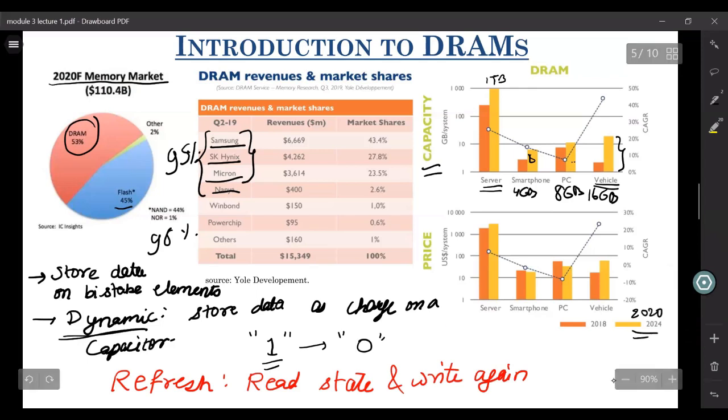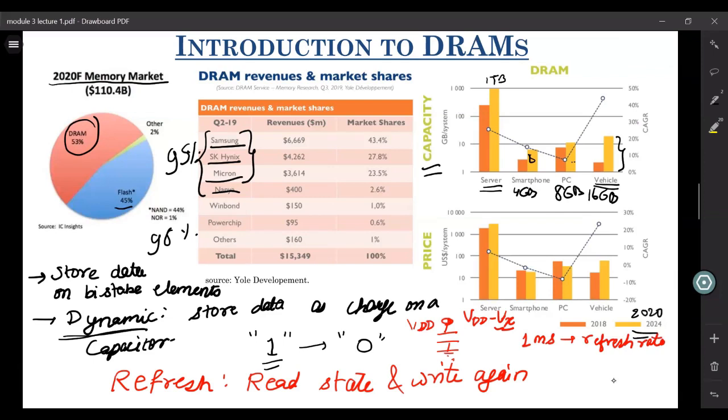Let's say there is a capacitor over here which is storing the state of this memory. It was charged to, let's say, VDD. After some amount of time, it lost some amount of charge because of leakage, and now it is charged to VDD minus Vx. So Vx is the voltage that it lost because of leakage. Now what you need to do is, every constant period, in some milliseconds, let's say 1 millisecond, which is called the refresh rate or refresh time,